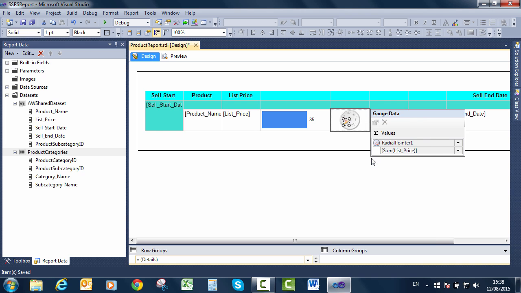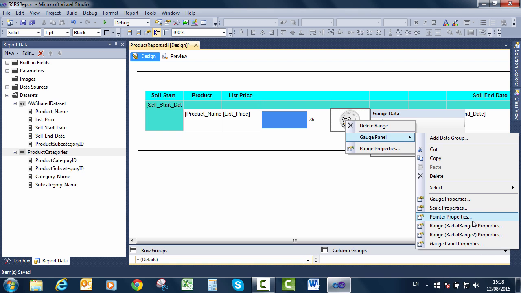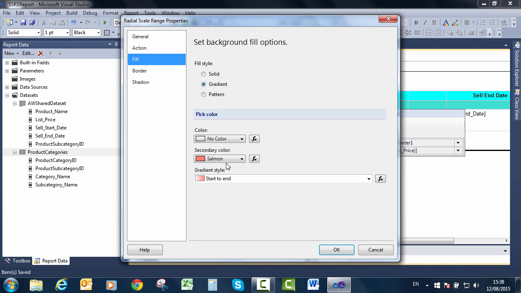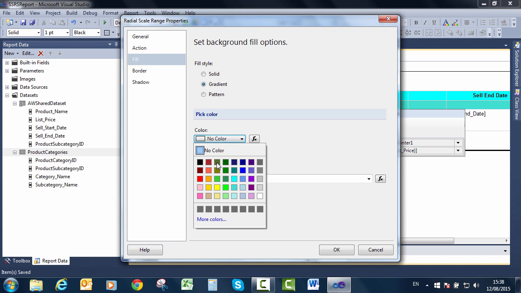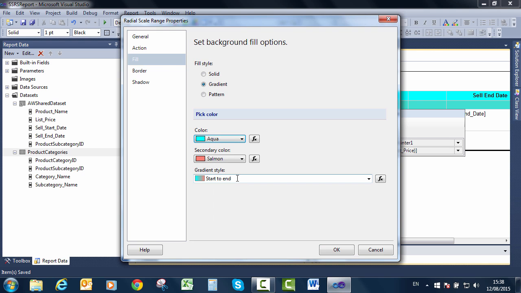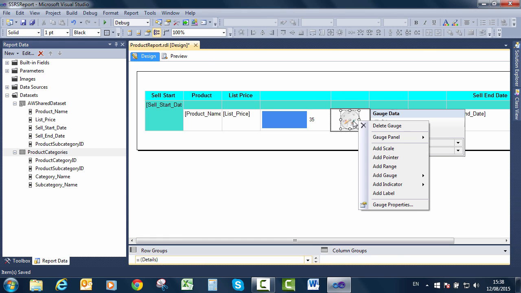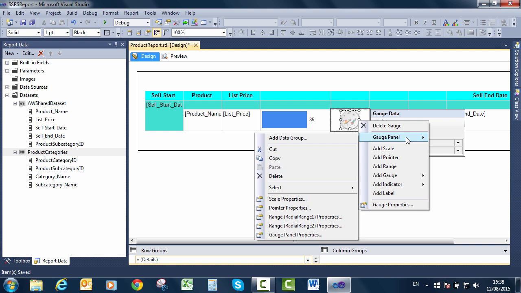ranges. Now, range is like that red line I was talking about earlier. So if I have a look at range, we could have a range going from, let's do the red line, from 3000 to 3800. And you can see you could put a particular colour in it. I want a blue colour, let's say, and it gradients to salmon. And so there you can just about see it. And we have another range,